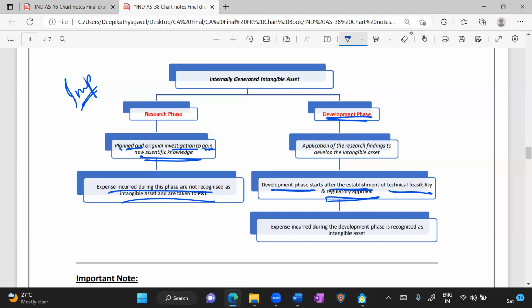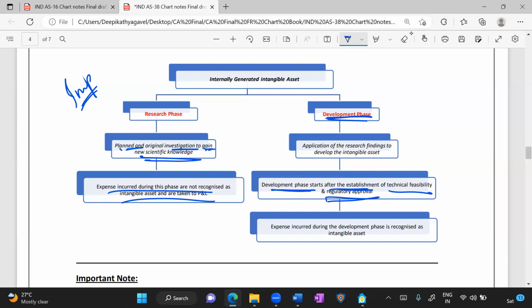But what happens is, to develop that particular medicine, you need a very extreme temperature in which that medicine should be processed. Let's say minus 1 lakh degrees, right? But you do not right now have the technical feasibility. Let's say the maximum temperature that you can process anything in is minus 10,000 degrees Celsius. But for your formulation to work out, you need minus 1 lakh degrees Celsius, right?